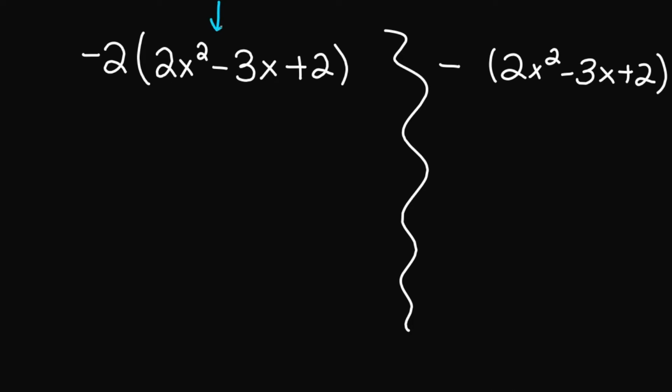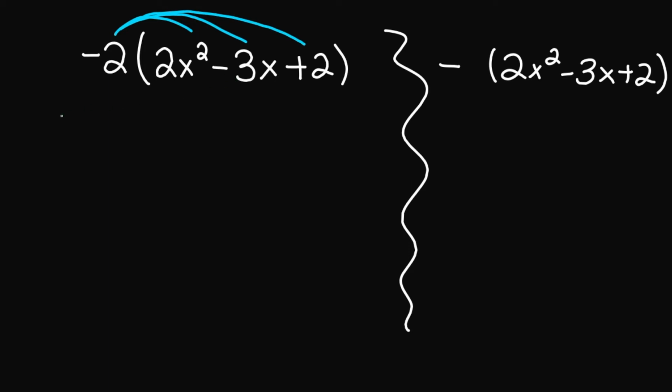So let's start on this side here. How would you solve this expression? The first thing that comes to mind is to think of distributing this negative 2 to the 2x squared here. Negative 2 is going to be distributed to the negative 3x, and negative 2 is going to be distributed to the 2 here. So this means that I am multiplying this negative 2 to all of my terms inside my